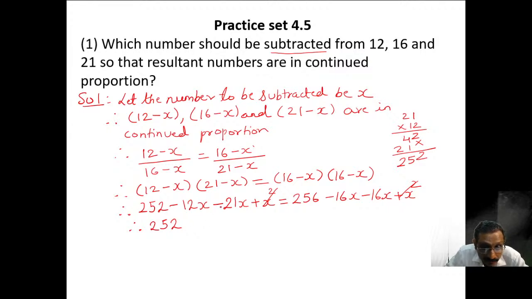If both are negative signs, look very carefully, we will add and we will put the negative sign. So what I am getting is minus 33x. Be careful, here we are not multiplying it to be x square. It is added with negative sign. So minus 33x, which is equal to